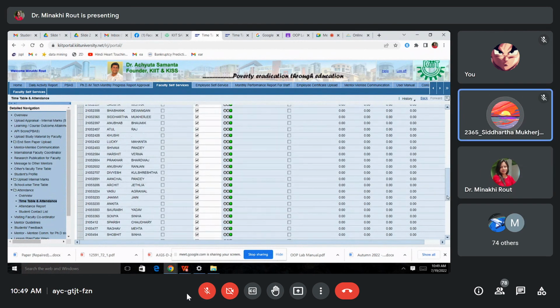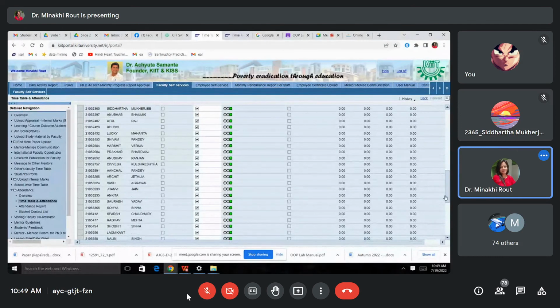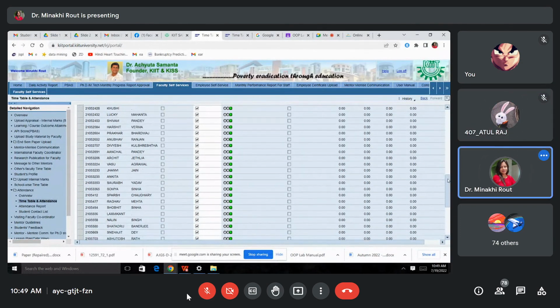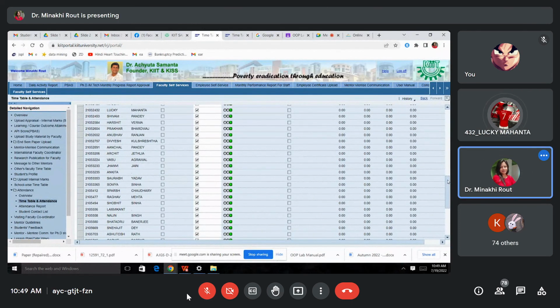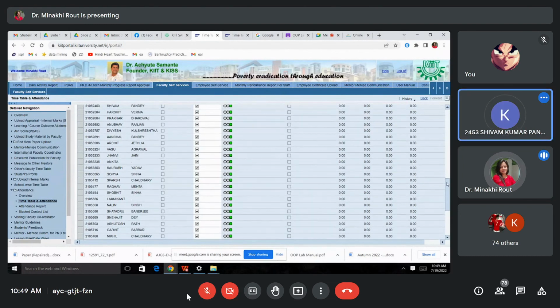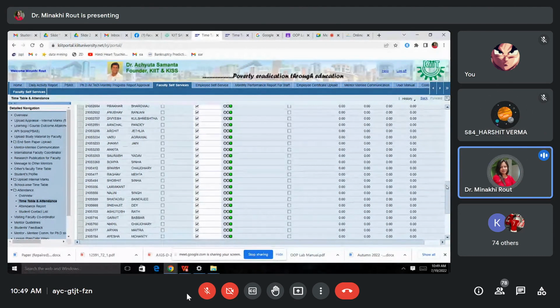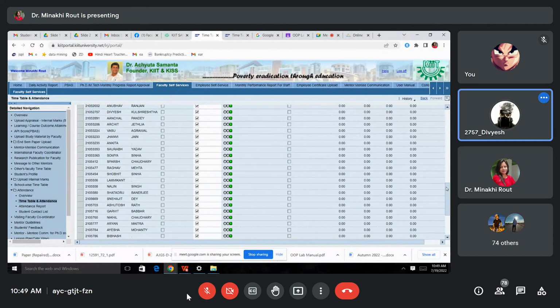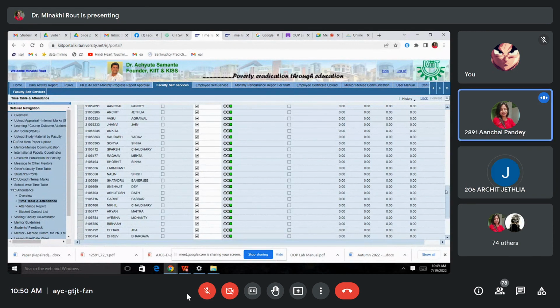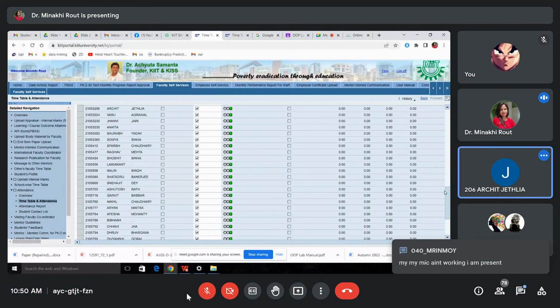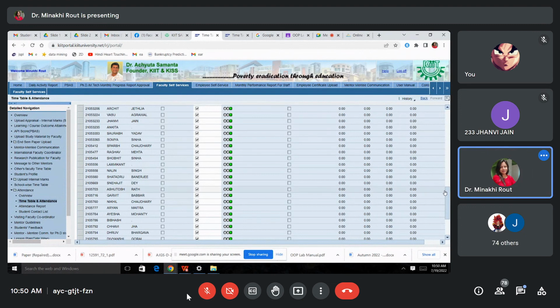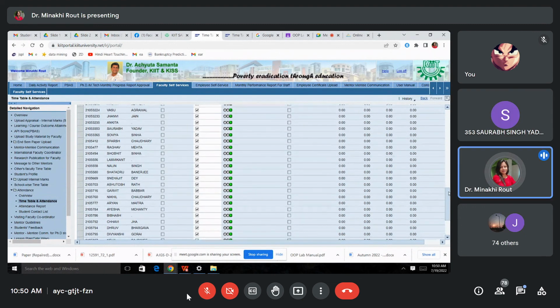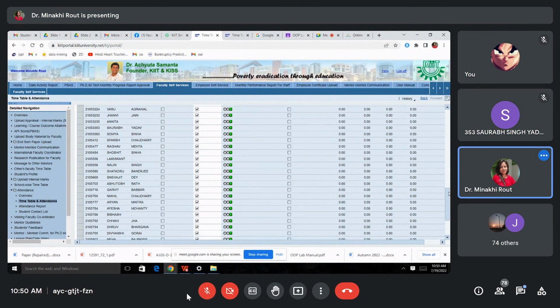365, Present, ma'am. 397, Anubhav Bhaumik, 407, Present, ma'am. 428, Present, ma'am. 432, Present, ma'am. 453, Present, ma'am. 584, Present, ma'am. 604, Present, ma'am. 652, Present, ma'am. 757, Present, ma'am. 891, Present, ma'am. 206, Present, ma'am. 224, Present, ma'am. 233, Present, ma'am. 235, Present, ma'am. 353, Present, ma'am. 365, Soumya Sinha,